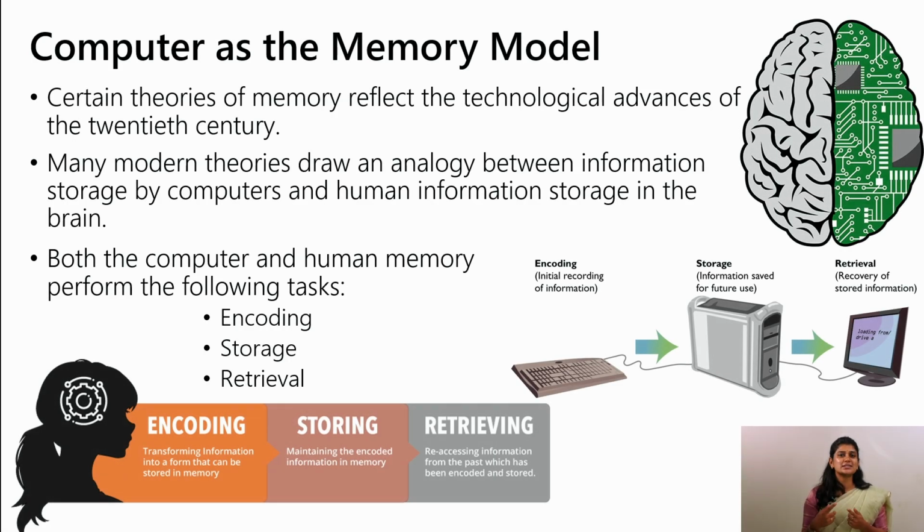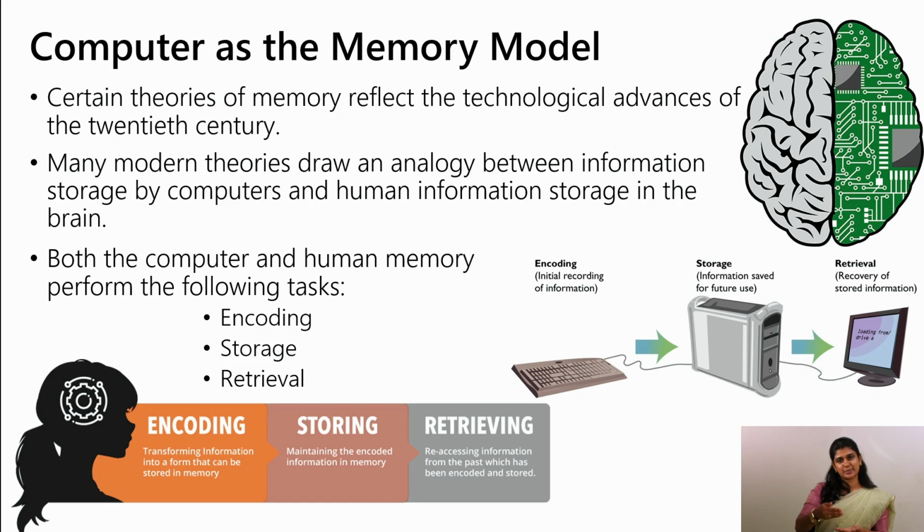Now, let's also discuss a fascinating process of memory which consists of three key stages. It starts with encoding, storage, and retrieval. Encoding is very crucial because it involves transforming information into a format that our brain can understand and retain. Think of it like typing on a computer keyboard. When you strike the keys, your actions are converted into binary codes that the computer processes. Similarly, when we encounter new information, our brains encode it into encoded formats. This could involve associating new concepts with existing knowledge or creating mental images to help us remember.